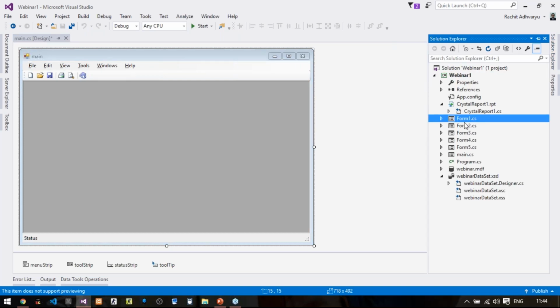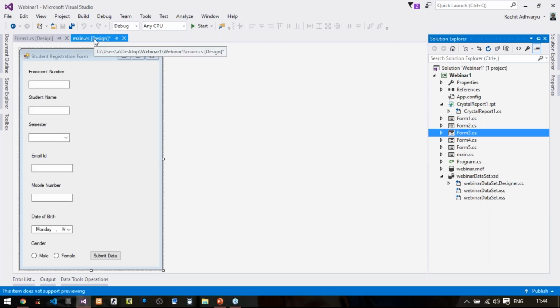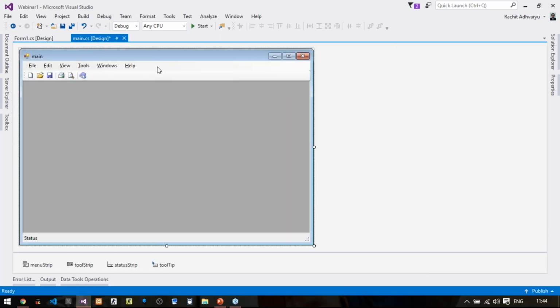So what I will do is I will go to Main. I will create one option here. To create the option, you will go to this bar and just click here. On clicking here, you will get an option called Type Here. I'm just zooming it again, right? Here in this bar, you just click here and type whatever you want. Let us say my heading is My Forms, and under this heading, I want to show my three child forms, Form 1, Form 2, and Form 3.